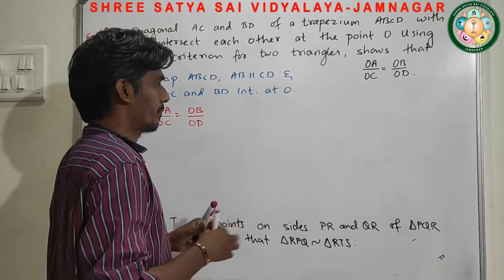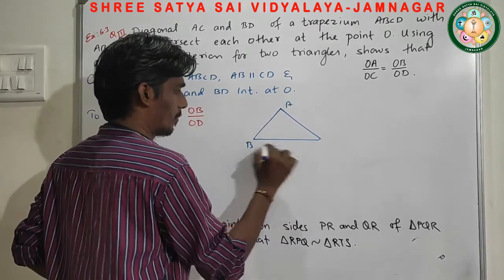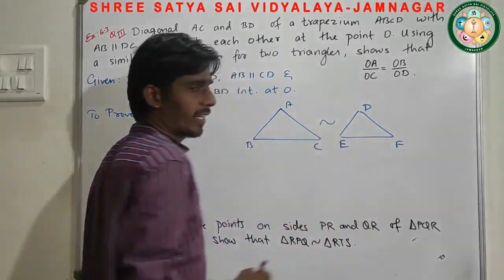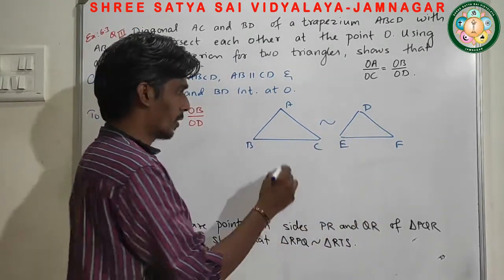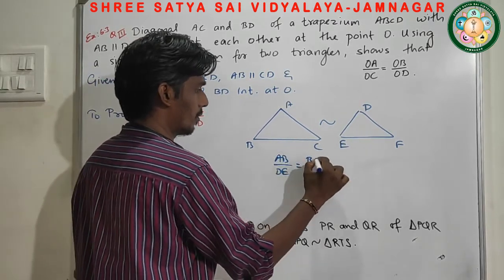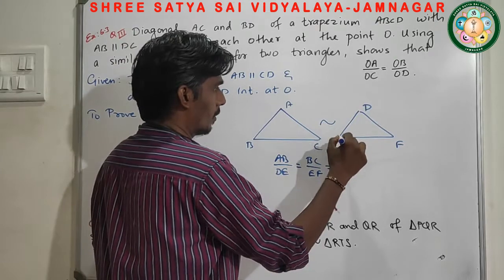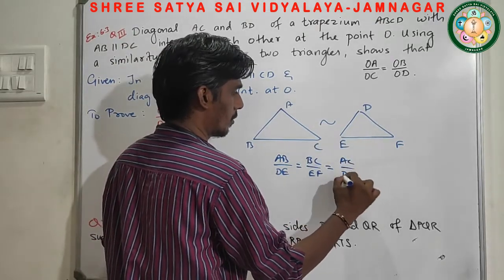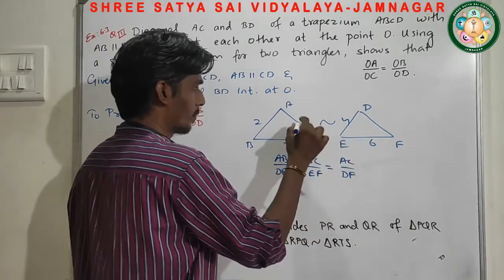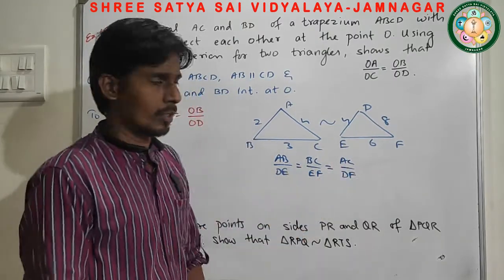Then also we are going to use this thing for any two similar triangles, ABC and say this is DEF. Suppose these two triangles are similar, then the corresponding sides are in proportion. Like this AB upon DE, BC upon EF, and AC upon DF. This is only possible if it is 2, say 4, this is 3, this is 6, this is 4, this is 8. So by this I can say that sides are in proportion.